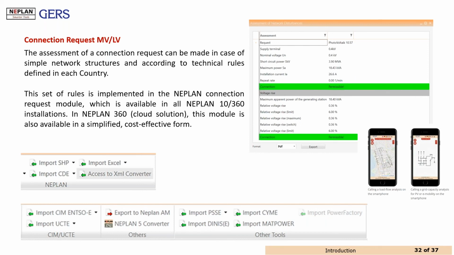NEPLAN can import the common information model, and the common information model means that for all the software that can demonstrate conformity with the model in the transmission system operators, we will be able to import the database from any other software that is able to provide that. So the message is that we don't need to worry if the database is not in NEPLAN, because we can import it and manage the information directly on the cloud, and we can implement connection requests automatically using the rules from the grid code compliance.